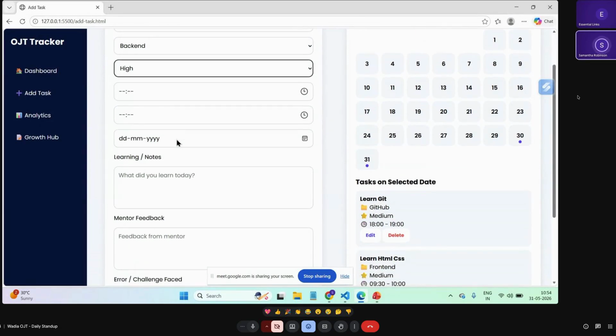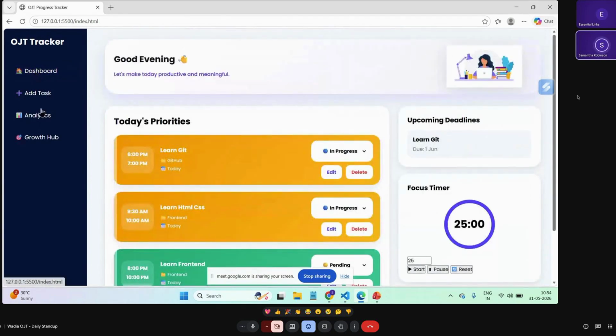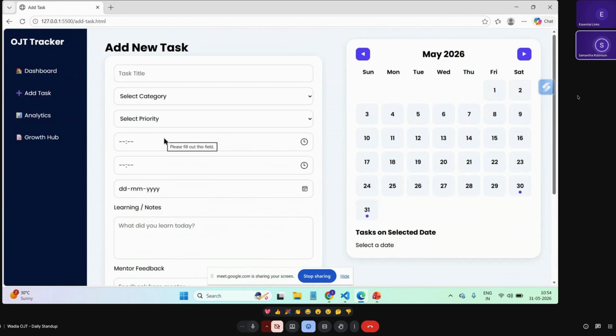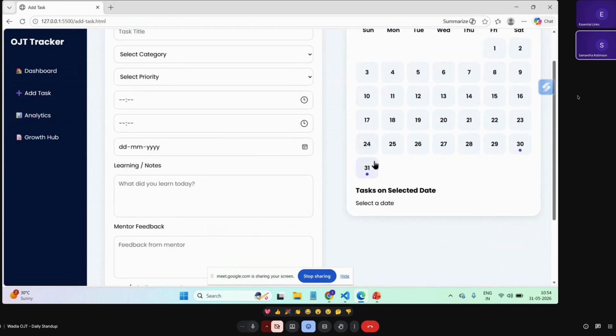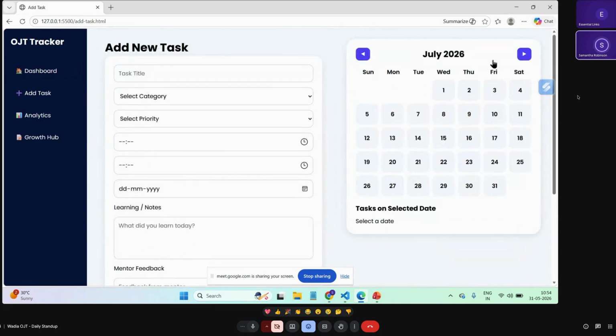My learnings and outcomes from this project were that for the first time I used GitHub to upload my files. This was also the first time I improved the user look and feel a lot. And it's a working project. The hardest part to implement was connecting all the four pages and making the task management calendar aware. Here you can change the month also, and accordingly it will show you the tasks scheduled in the month.